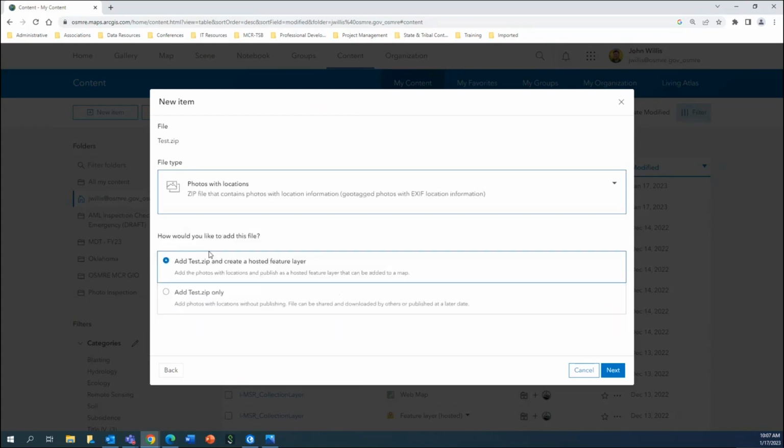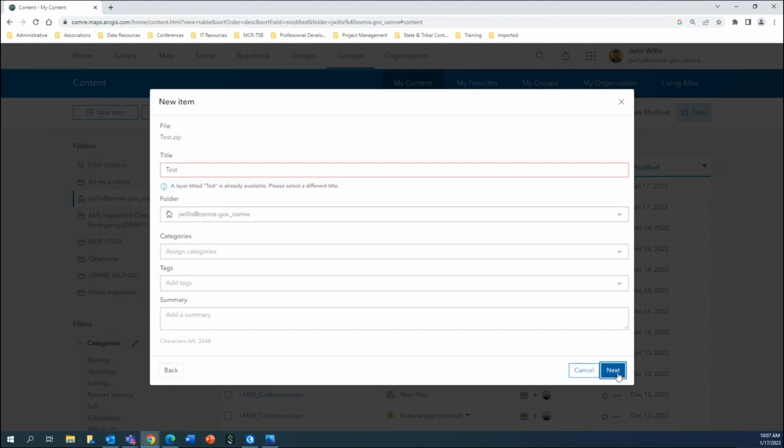There is a photos with locations option in here. Once you select that, you can leave this as a hosted feature layer. Several reasons why you would or wouldn't, but we're going to leave it for the purposes of this. I'm going to simply select next. I'm going to name it